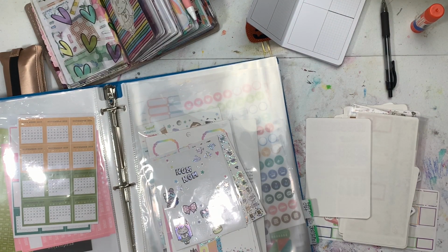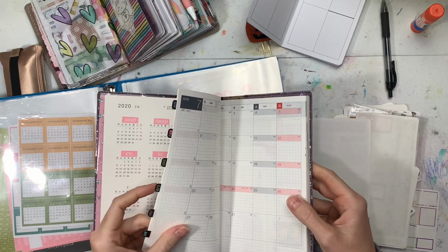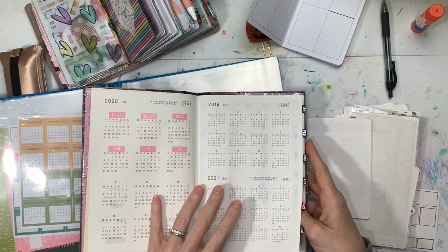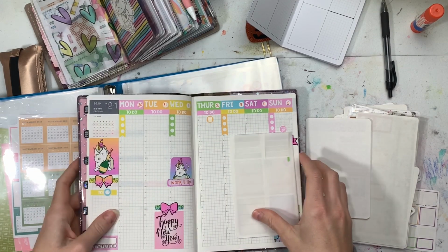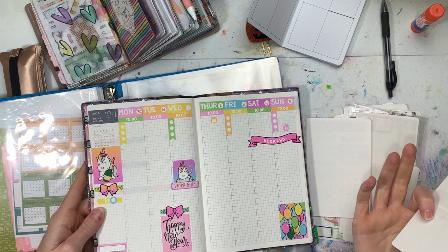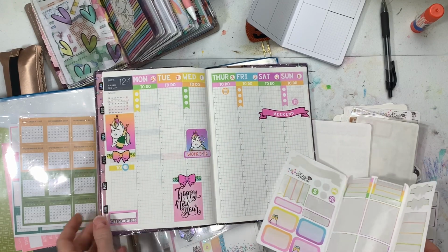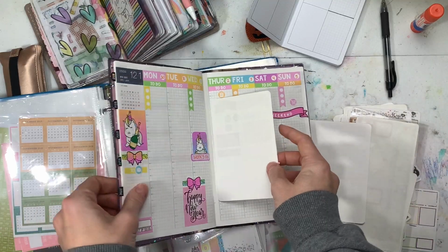And also realizing that pocket kits also look really cute in my A5. So like I ordered on the clearance on Shine Sticker Studio, there was a kit that was for 2019 New Year's, and I got it and I decorated the first week in 2020 with that kit. And I still have these boxes because I don't know exactly what's going to be going on that week. But this was just me playing and having some de-stress time. And can I just tell you that,